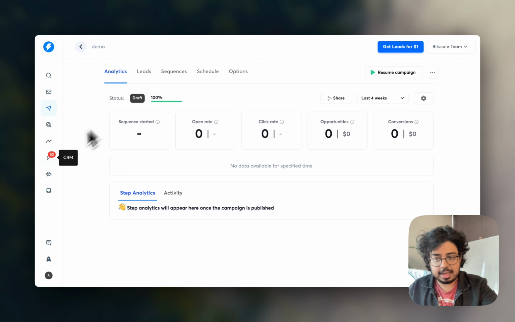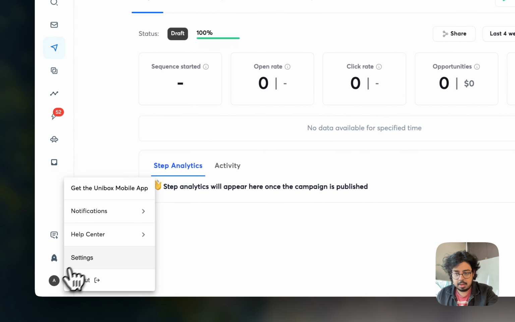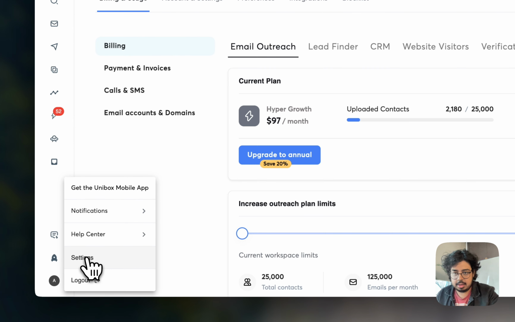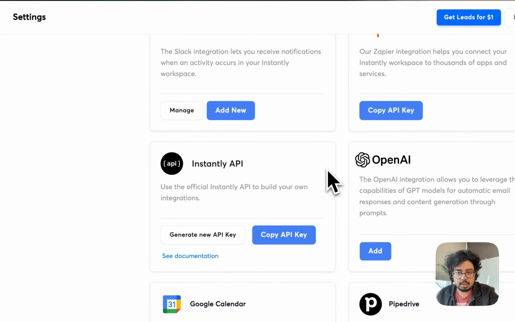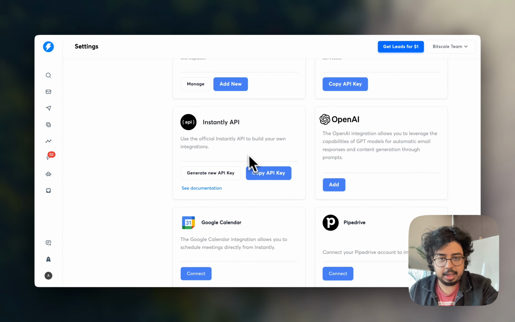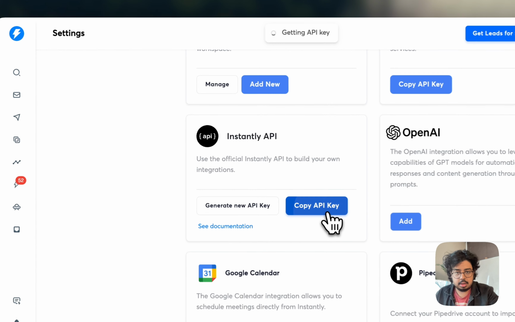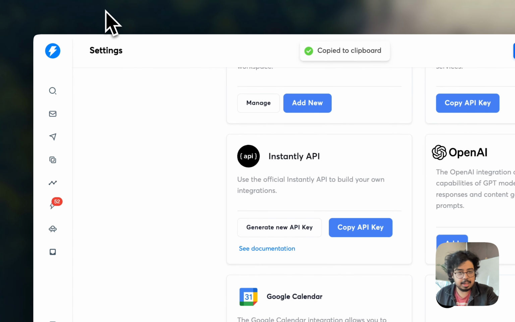For the API key, let's head over to the settings section. It's available right here in integrations. So over here you'll find the API key. You can copy it from here. I've copied mine. Let's just go back to